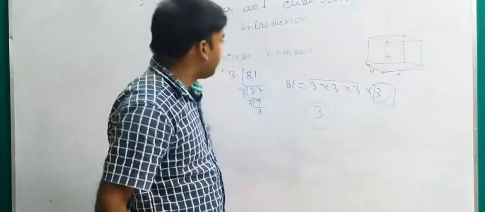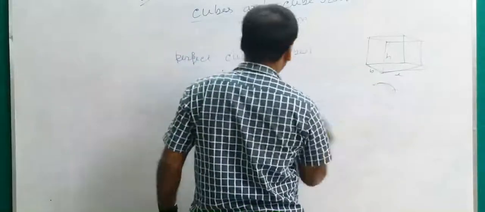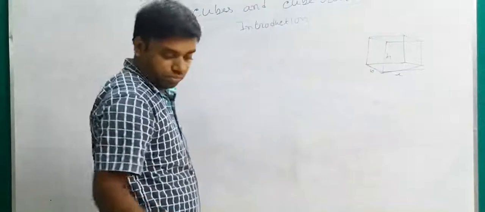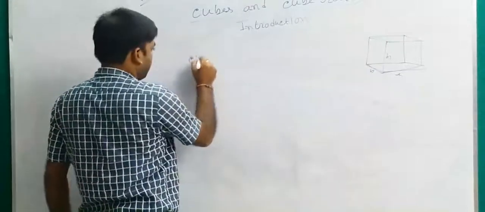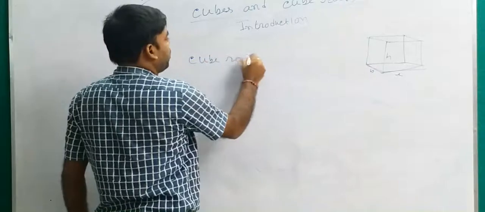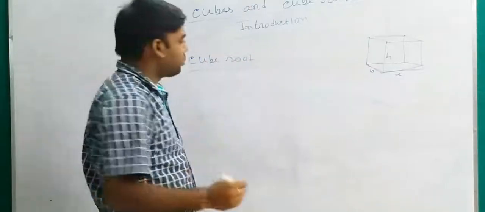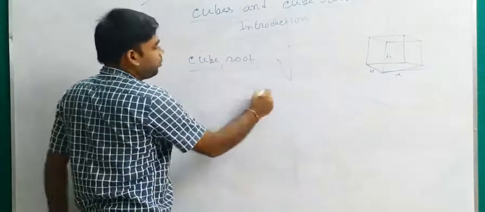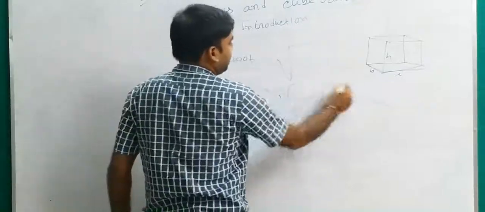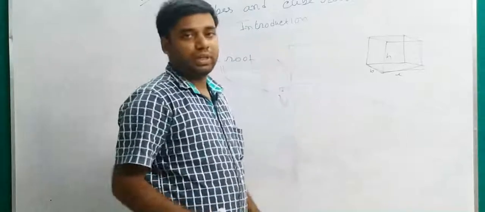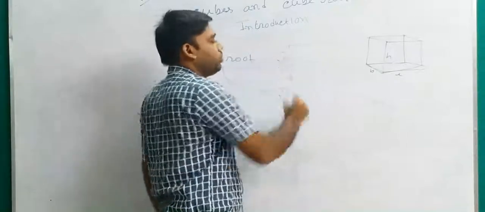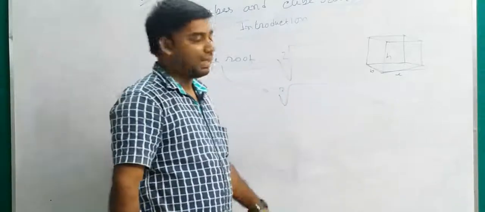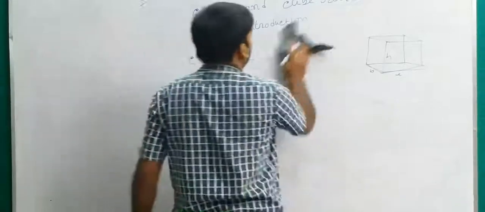Okay, this type of question we will solve in the exercise. Next, cube root. What is cube root? It is a root sign like that, and for cube root you just write a 3 here. For a square root, nothing is written, which means 2 is there. And for cube root it is 3. That sign is the sign of cube root.